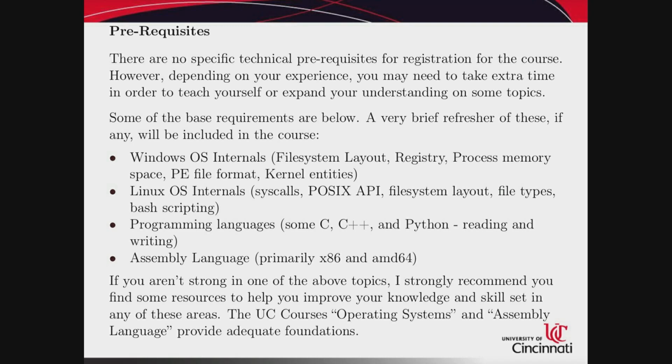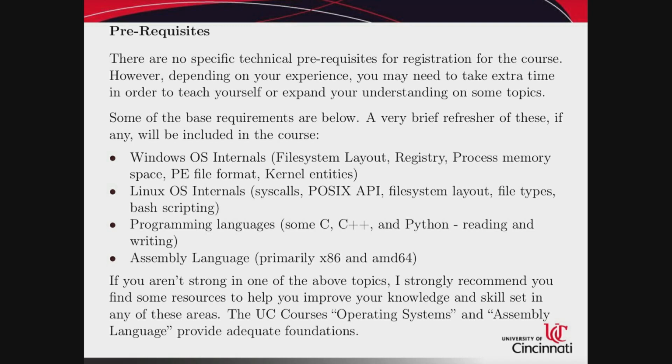When I start going into registry keys and everything like that, I'm not necessarily going to make assumptions that you know what each one of them means. I'll give a little background on the purpose of whichever ones I'm talking about and why they're important. But there is a Windows API around reading them, writing them, acting upon them, things like that. If you don't understand all that stuff, you might want to fill in the gaps there. Ditto for the Linux POSIX API, things like that.